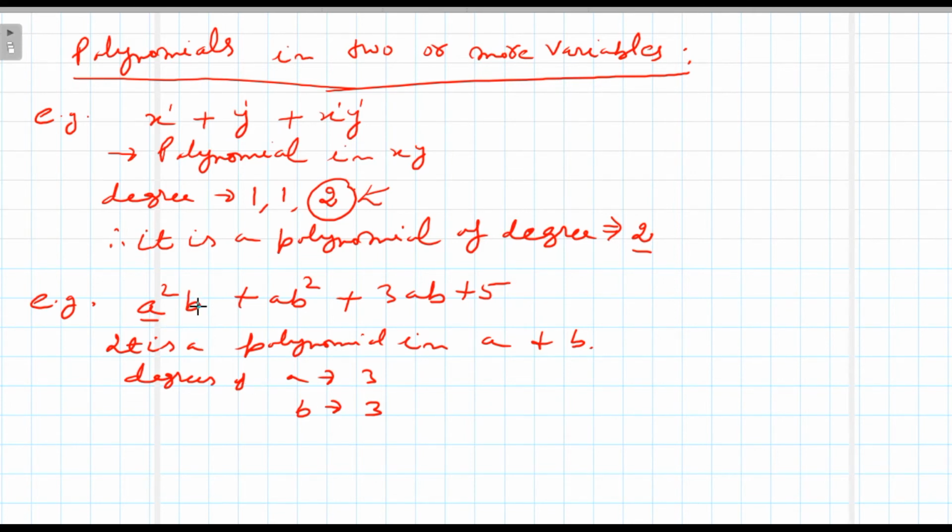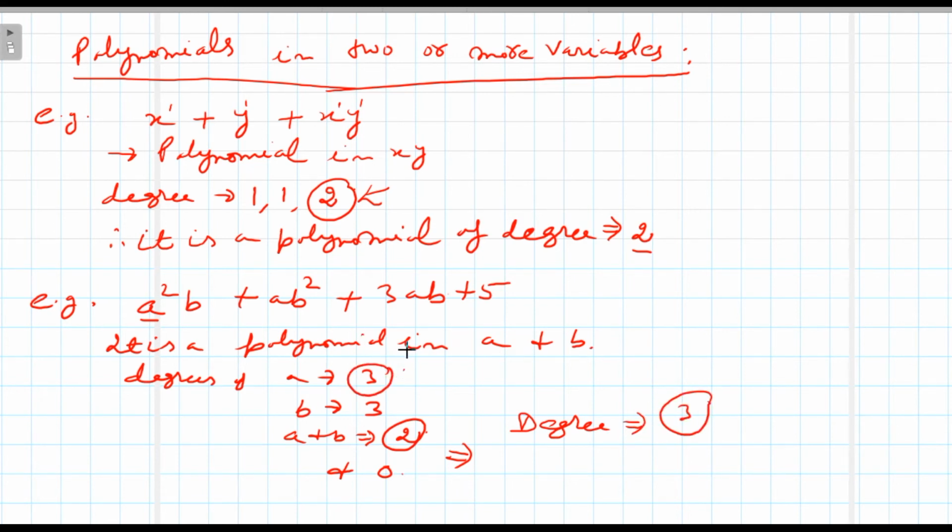So a square, 1 plus 1, degree. Another degree would be a and b both 2: 2 is here, b plus this b 2, a plus this a 2, and it has no power, so its degree would be 0. So the highest degree of the polynomial, the highest power of the polynomial, is 3, right?